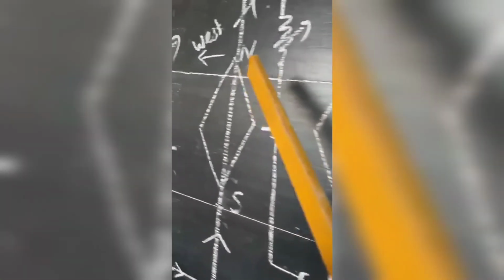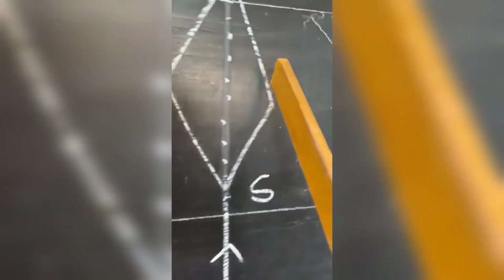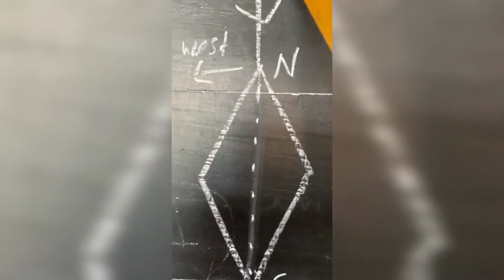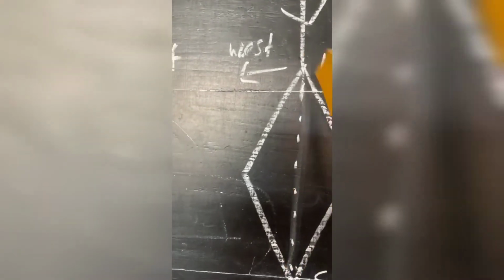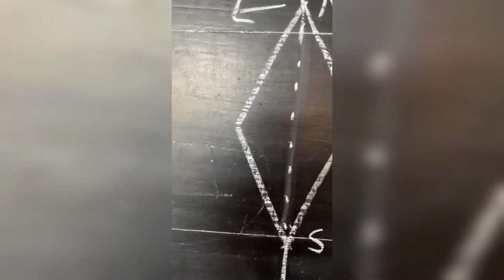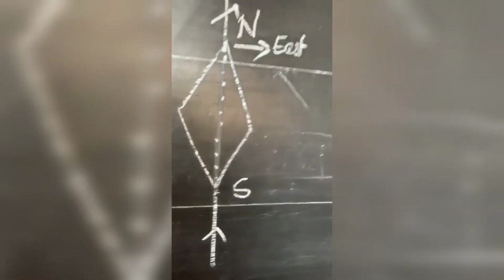Previous case was north pole towards west over the wire. Below the wire, north pole towards east. Just like that, if the direction of current is reversed, north pole will move towards west. Okay, so the first two points can be studied by snow rule and nose rule. Okay, snow rule, nose rule. Here you have to remember just the opposite of that. Okay.